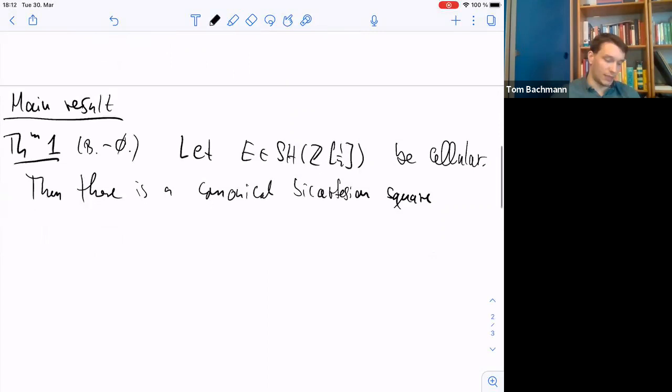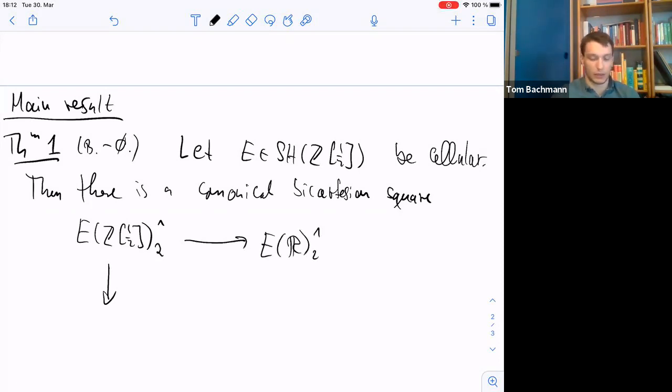And so the entries are, well, you want E of Z[1/2]. And now I'm not quite able to figure out all of it, but I'm going to two-adically complete this. Remember, this is a usual spectrum in the most ordinary sense. And I'm going to give you 3 others, and then you get a commutative diagram, which will be a Cartesian square. And the other thing which you put is you take E and evaluate it on the reals,